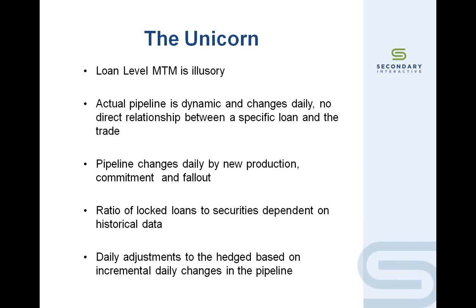So you can begin to see how the loans and the trades become disjointed pretty quickly. We try to time them as well as possible, but it's hard, without making some assumptions, to get down to that loan level dynamic. We have chosen not to make those assumptions, for instance, that this loan could have gone into this coupon and it came in at 9 a.m., and this coupon was priced at that certain price at 9 a.m., and then it was sold, and do the same math.